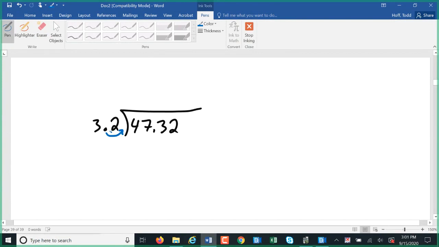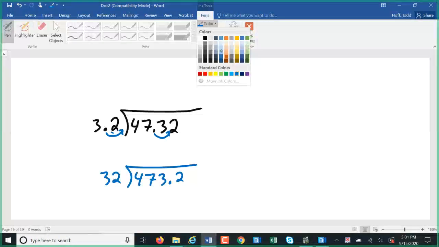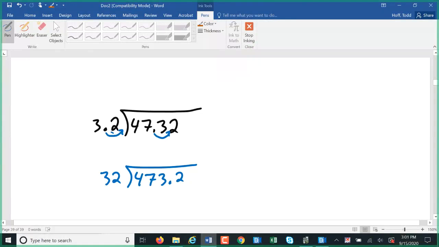I moved it over one place value here, though, so to balance it out, I have to move it over one place value there. So this becomes 473.2 divided by 32. The question is, why is that allowed? Well, we mentioned that division and fractions are kind of interchangeable. So we can think of this as